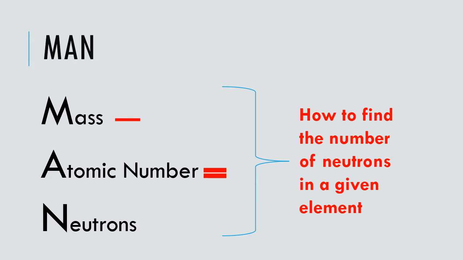Now, finding the number of neutrons is a little bit more difficult. With protons and electrons, you simply have to look at that number and you know exactly how many are there. But with neutrons, you've got to do a little bit of math and rounding. And so we're going to use APEMAN. It's the mass number minus the atomic number, which is going to be rounded to the nearest whole number, equals the number of neutrons. So we'll take, once again, that carbon,